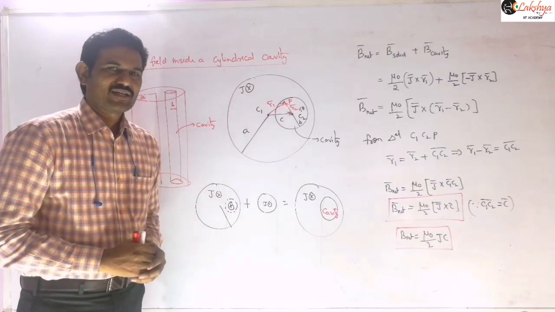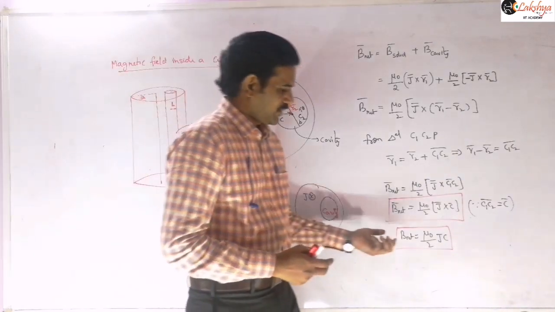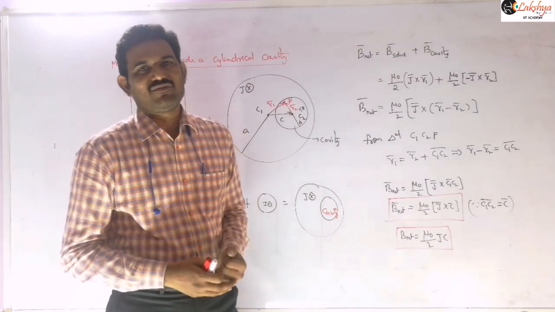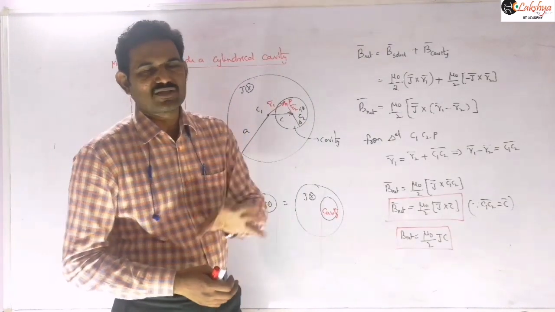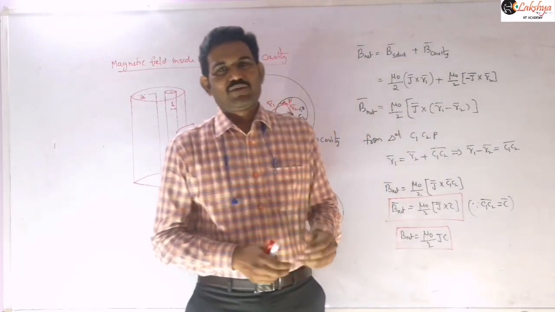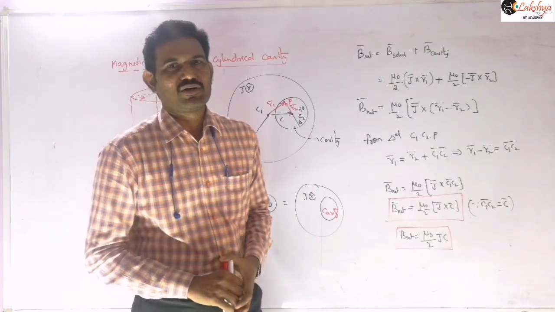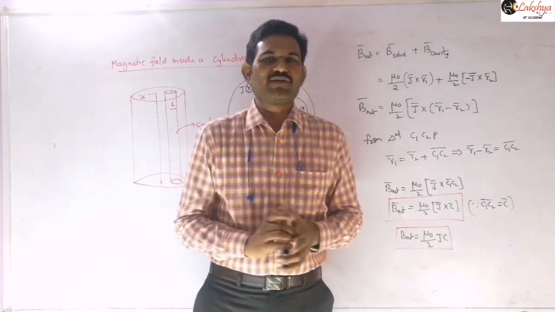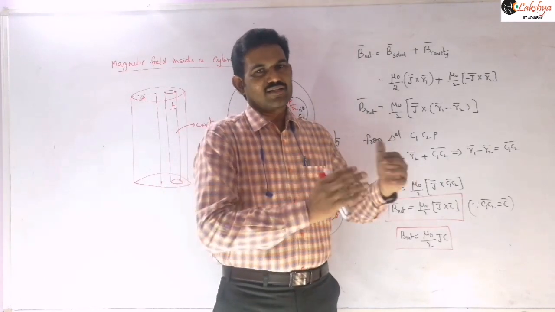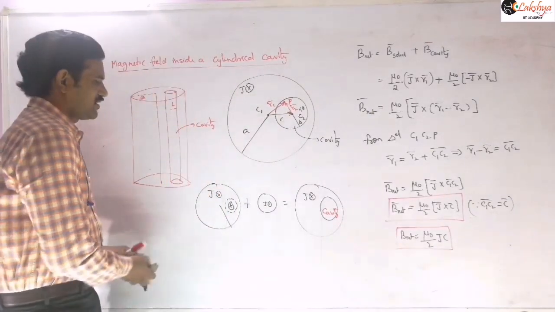But we are not getting those R1 and R2 values in that final expression, which indicates that the magnetic field inside the cavity is constant. At any point inside the cavity it is constant. It does not depend on the distance of that point from the axis of the cylinder or from the axis of the cavity. It does not depend on those R1 and R2 values. It only depends on the distance between the axis of the cylinder and the axis of the cavity. So finally mention that there.